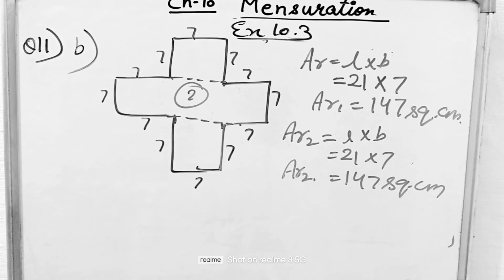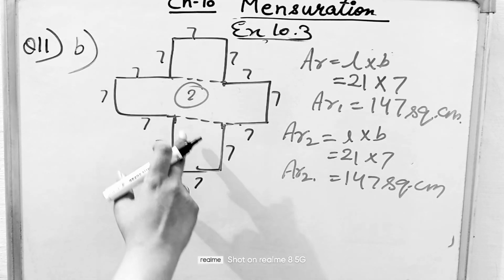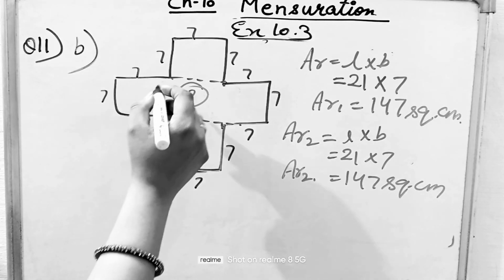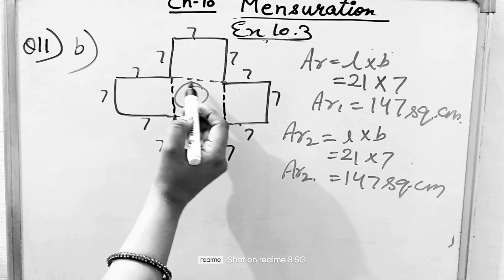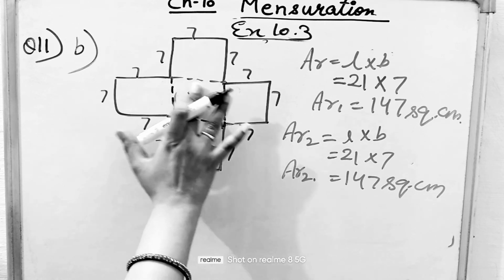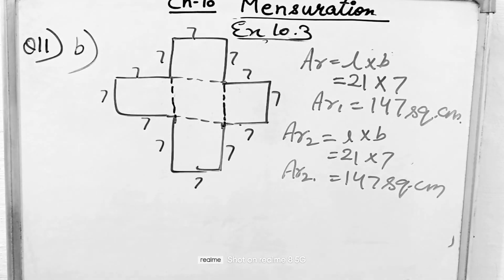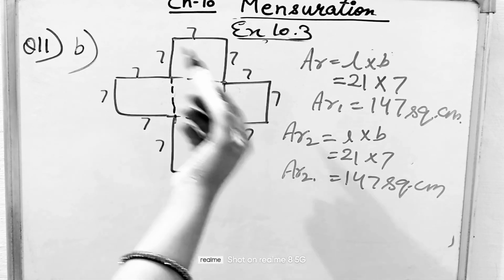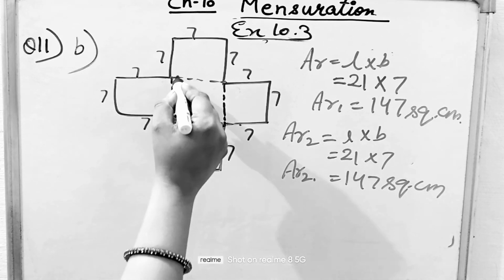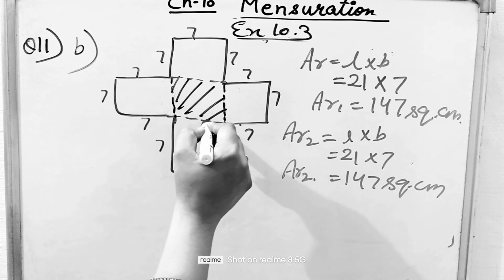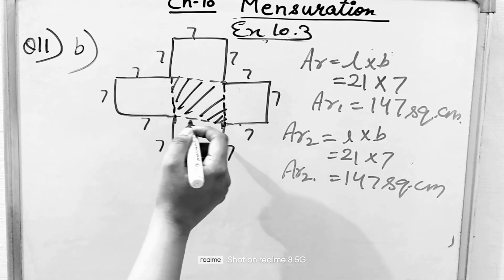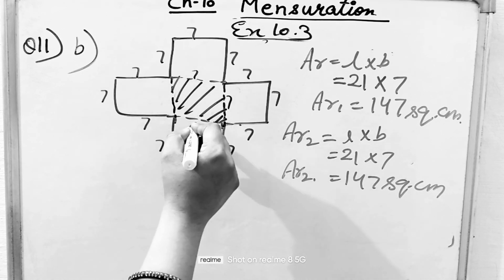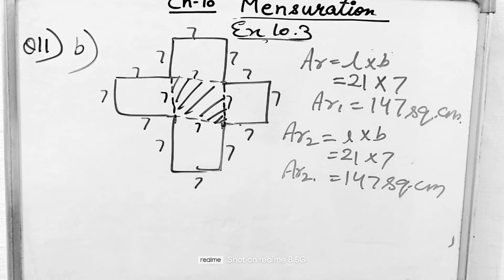But there is a twist in this figure, that when we are finding out area for rectangle 1 and 2, we are covering this square area 2 times, in rectangle 1 also and in rectangle 2 also, this area of square, right? Why I am calling it a square? Because all its sides are of equal length, 7, 7, 7.